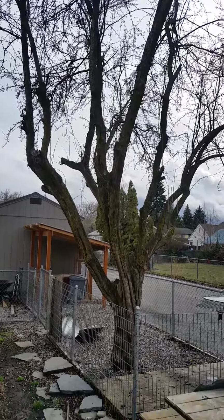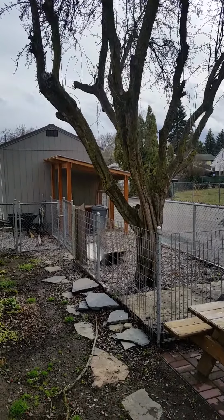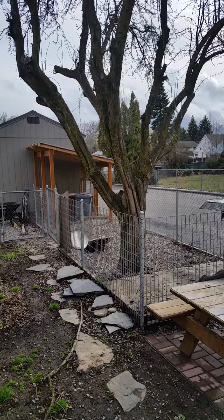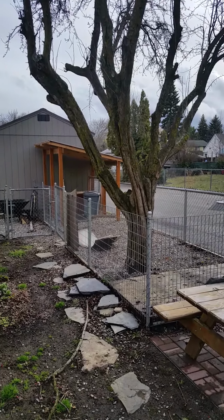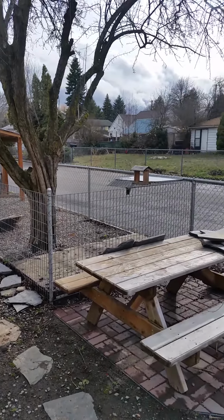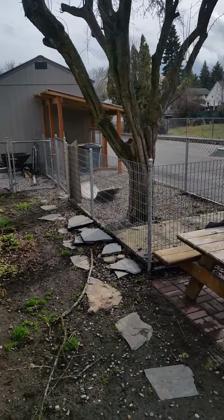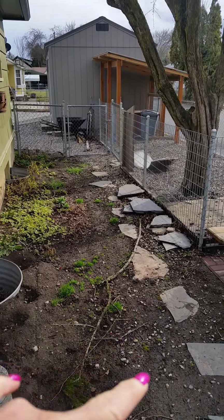We're going to work on this tree as there's no love lost here for this tree. Scotty didn't love it, and in fact he couldn't stand it because of all the itty bitty leaves, and I have no love for it, so I think that it's gonna go. I had gotten some of this slate, and you'll see it all over the yard, from Buy Nothing, and what we're going to do is widen this path here